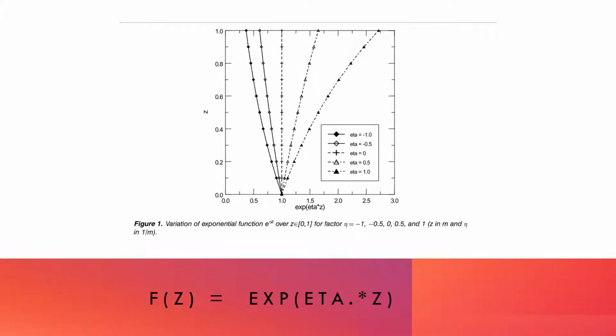So why do we use these commands? We should know the applications. For that, suppose here a function is shown. So let me take one: a function fz, which is exponential of eta z. The eta values are varying. Eta is one value, somewhere it is 0.5, 0, minus 0.5 and minus 1. So corresponding to each eta value, there would be a function fz.